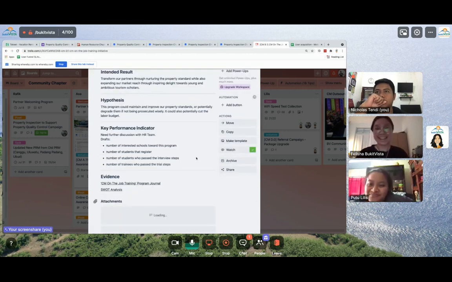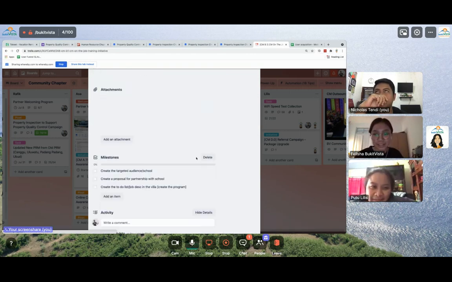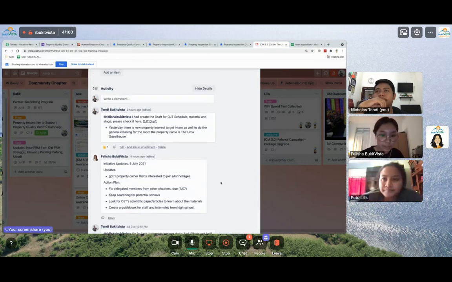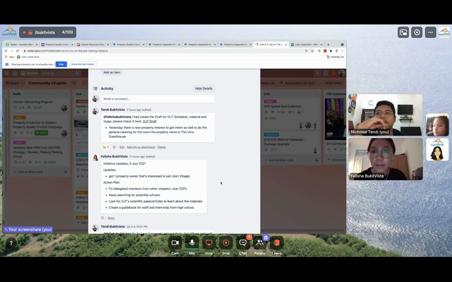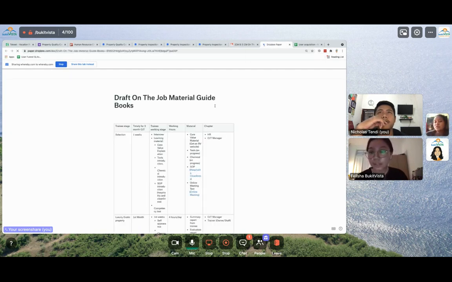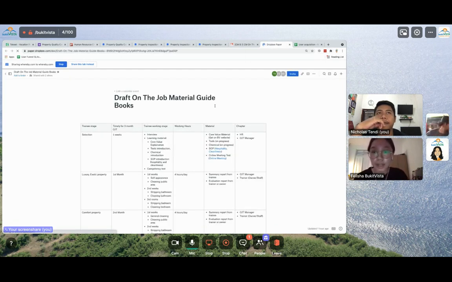Okay, you're muted. Okay, for the on the job training initiative, for the update, we have two property owners that are interested in joining this project. Also for the materials for this program, Katendi has just shared the job training draft for the schedule and materials.